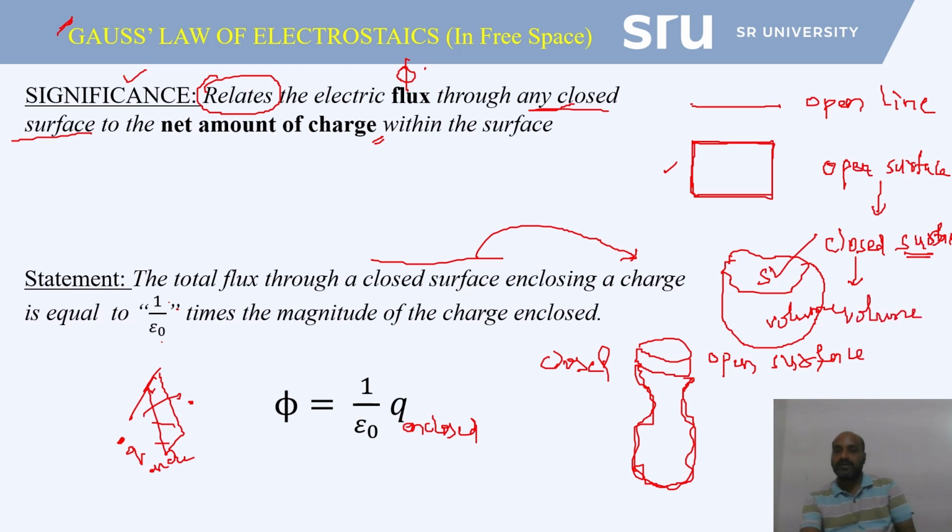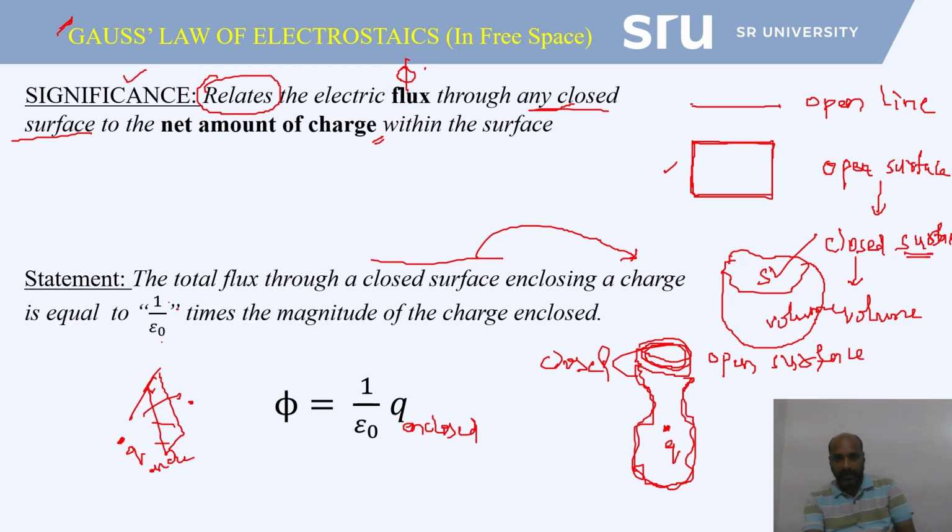Here is an open surface, in the sense that the surface is not enclosing any volume. Now if you take some charge q in this volume, this is enclosed charge because this charge is enclosed by this surface, right? So as per the definition of Gauss law, you may understand very clearly: